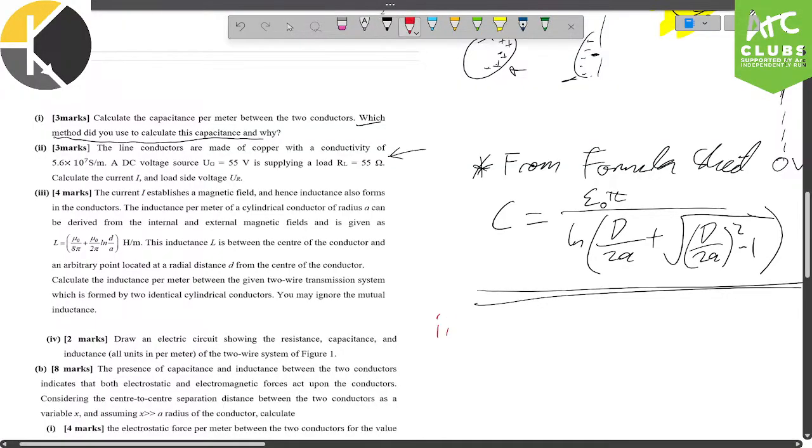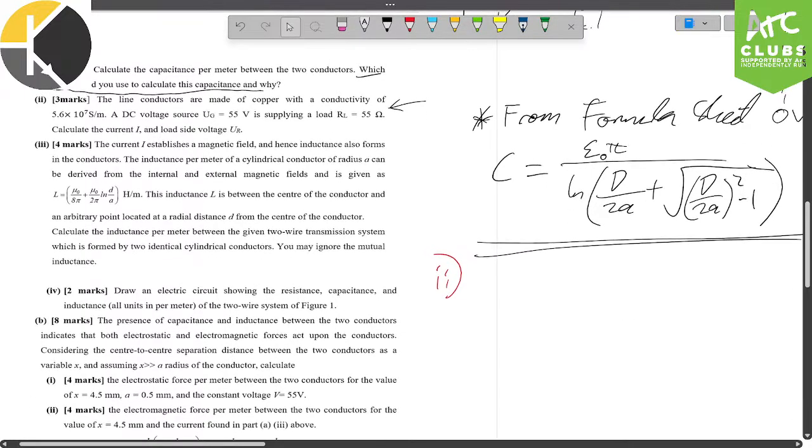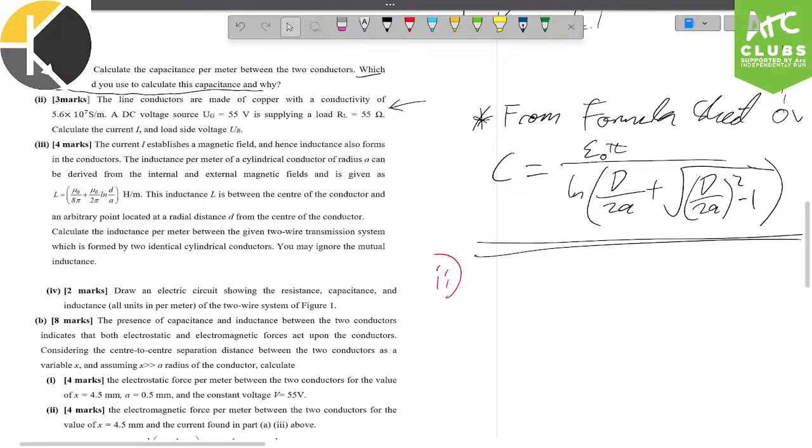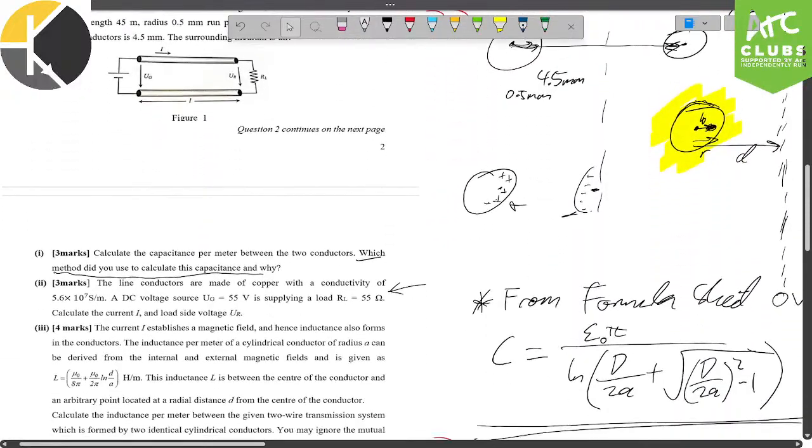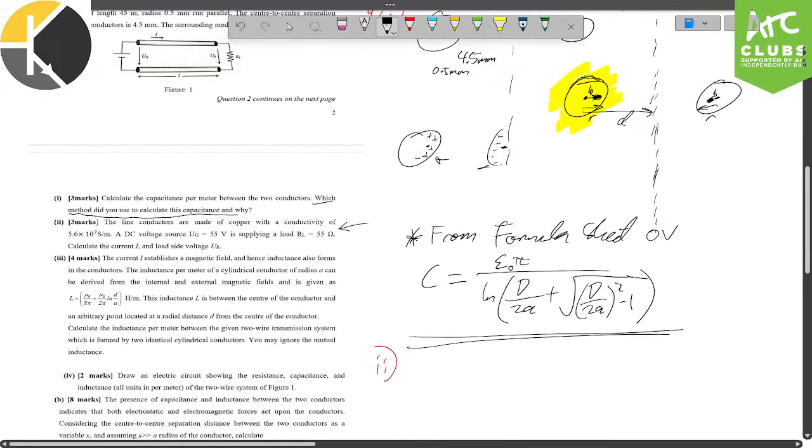Question II. The line conductors are made up of copper with a conductivity of 5.6 times 10 to the 7 Siemens per meter. A DC voltage source is applied at the load, supplying a load of this. Calculate the current and then the load side voltages. So, let's not make a mess. I'm going to say that a lot. We're given that UG, which is the generator, which we can see just over here,